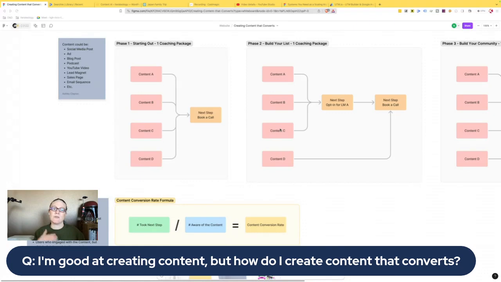But the biggest thing is you want to focus on creating content that's going to address the pain points and desires of your best clients. Because your goal with your content is to position your coaching package, or whatever it is that you're offering, as the next step. I'm kind of doing this in today's presentation as well.